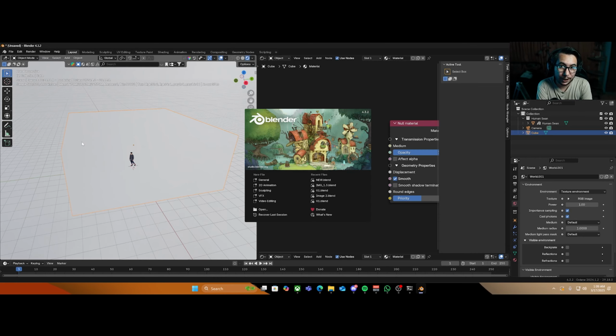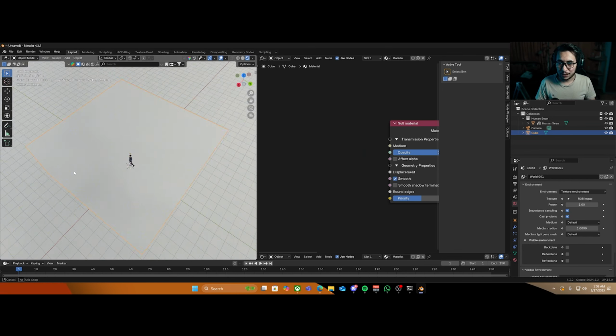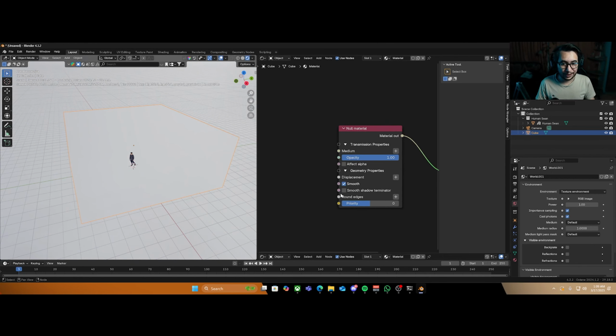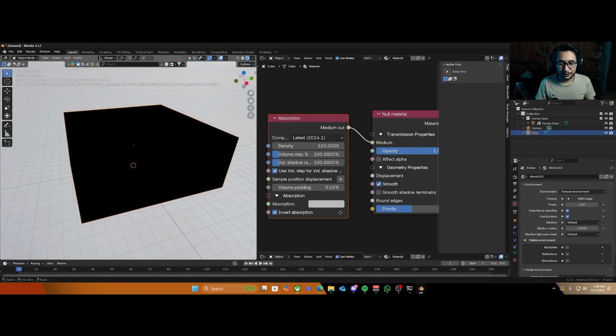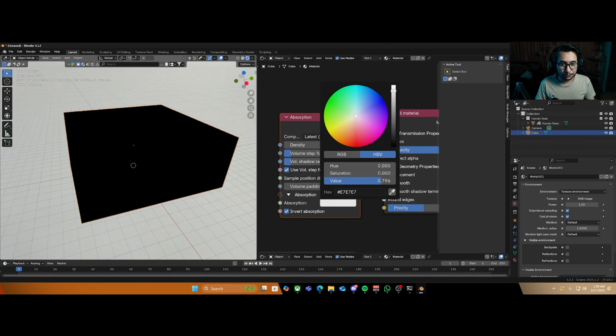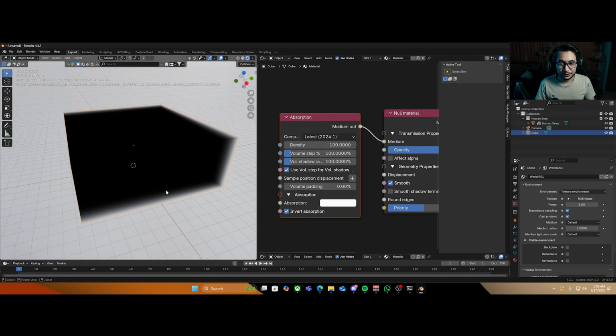Alrighty, guys. So we got our next scene set up over here. So let's begin. And what are we going to be exploring? Volumes. So I got a box set up over here which already has the null material attached. So if we come over here to medium and click on absorption and we put it to almost white, just